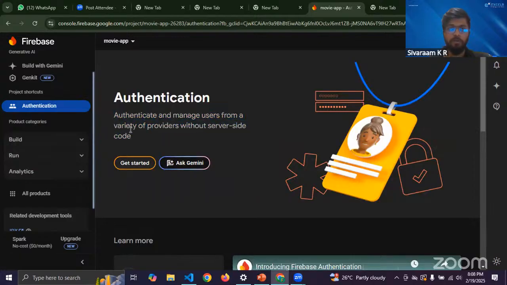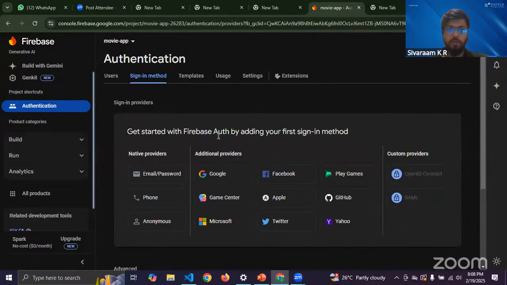Okay. So now what happens? This is basically saying that you can manage all your authentication without having to worry about tokens and all. Okay, this is now taken care of by Firebase itself. And then you have to click on get started. Okay, once you click on this, you'll get some set of options. We'll go through that. Here you can see you can use authentication with two methods. One is native, that means by email and password, phone or anonymous. Second is by third-party providers. We went through this, right? These are your auths. Okay, through third-party services, you can log in or sign up, or else through your native providers. So for this